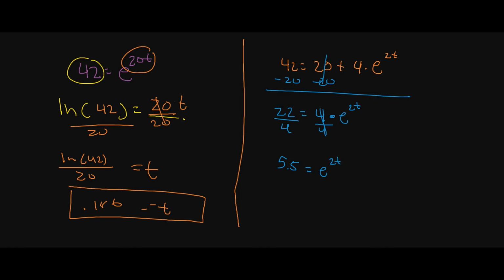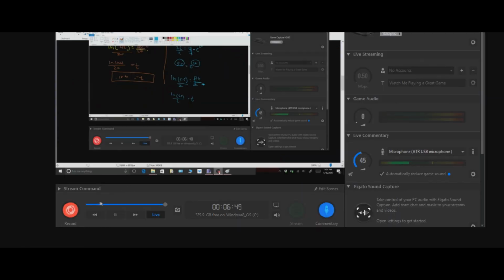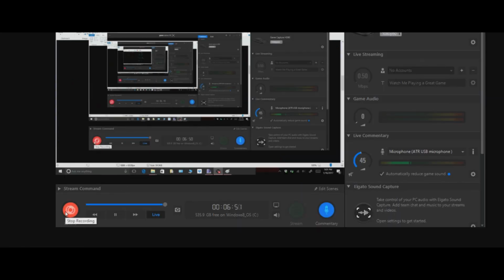Now to solve this problem, we just convert it. So we've got ln of the input is equal to blank. This is your output, so that now becomes your input, and this is your input, so that now becomes your output. What do you do to get rid of the 2? I already put the line there. Let's just divide both sides by 2. And we get t is equal to ln of 5.5 divided by 2. I'll let you go ahead and finish that problem off because I'm running out of battery, so I just want to make sure this is exported from my laptop before